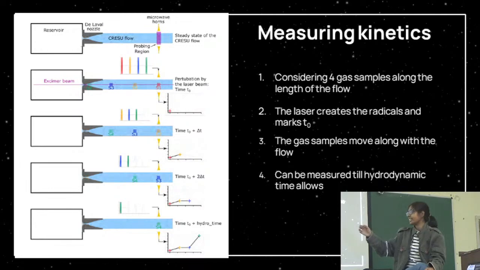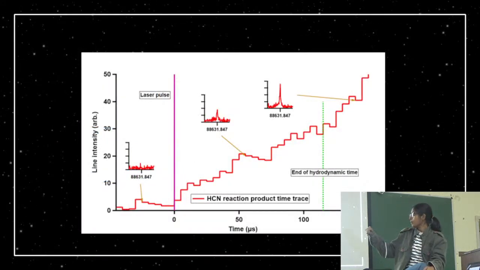Because you have a broadband technique, you can do these concentration measurements for different molecules all at the same time. And that's how you can know what is forming more, what is forming less. At least you can get a relative abundance of multiple molecules that are forming at the same time in the same condition. So yeah, that's how rate is measured if you're successful. This experiment is not yet successful, it's a work in progress, but the formation of HCN is very easy to do.